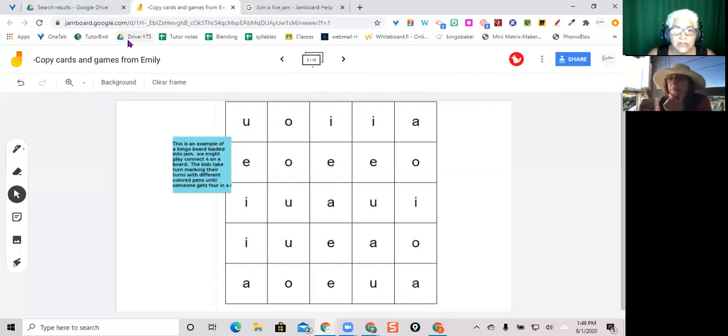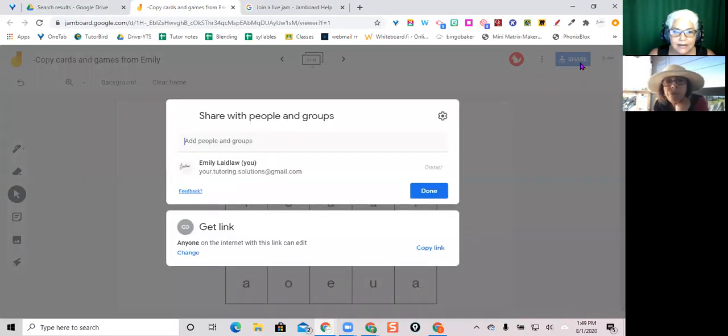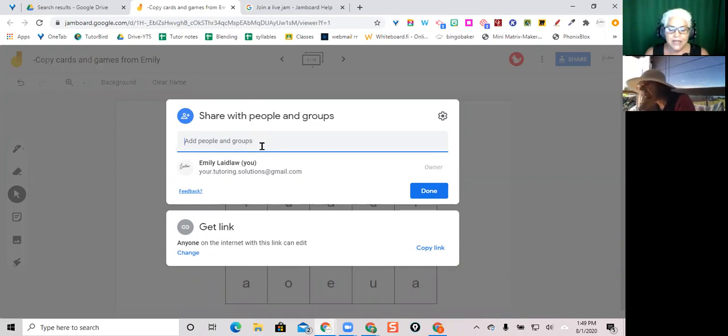So when I ask students to join, I go to the share button. I change this to anyone on the internet with this link can edit, because you want your students to be able to edit. If you're in a group and you know their emails, you can add them this way. I often just say anyone can edit, because I've done small groups where the kids are at home using their mom's computer or their dad's iPad, whatever. And so I make it anyone can edit, but make sure that you've saved a clean copy before you give the edit capabilities. Copy the link,